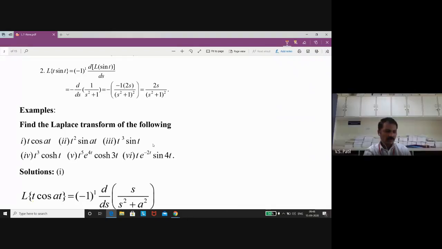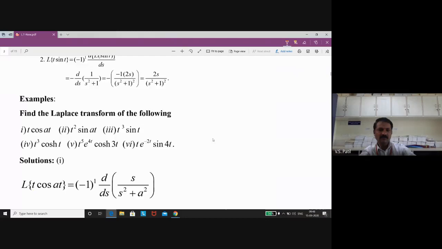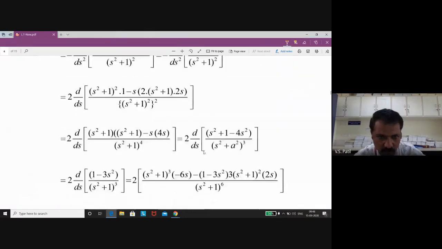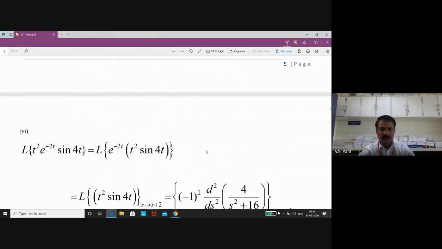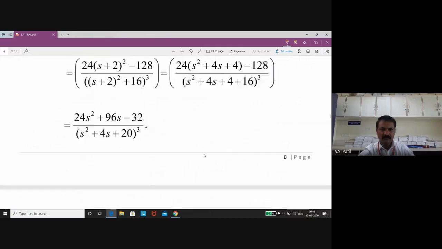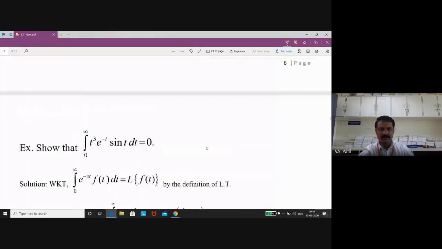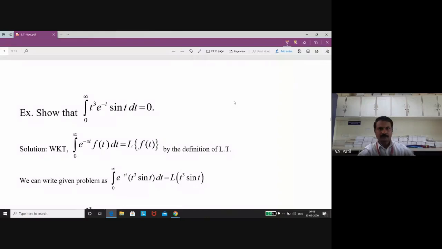Now we will take some different kind of examples today. Different kind means this property is applicable, but they are given in a different way. Those examples we will take. Just 1 minute. Whenever we go to the example, you tell me whether it is clearly visible or not. Now, today we will take this example.